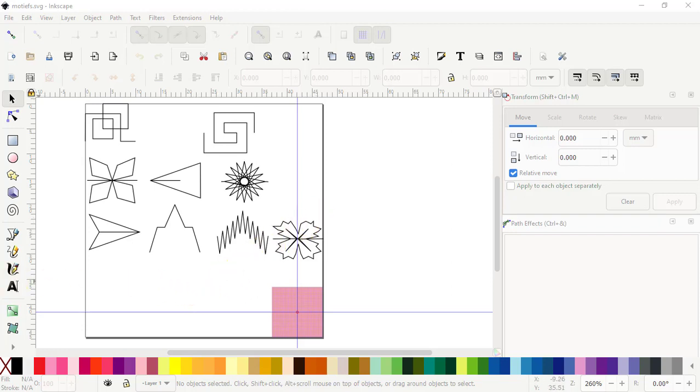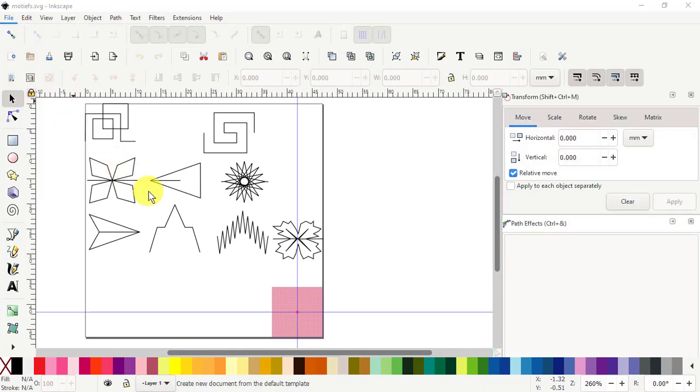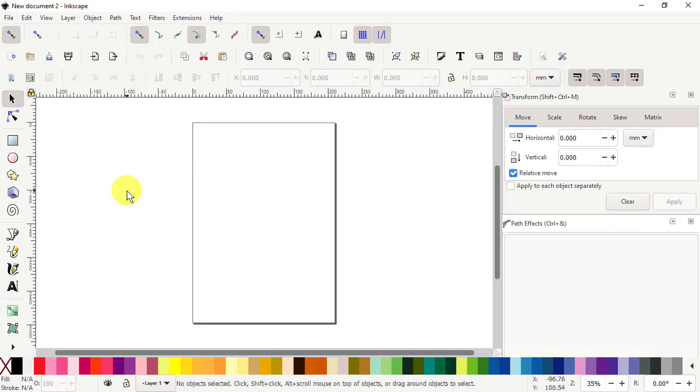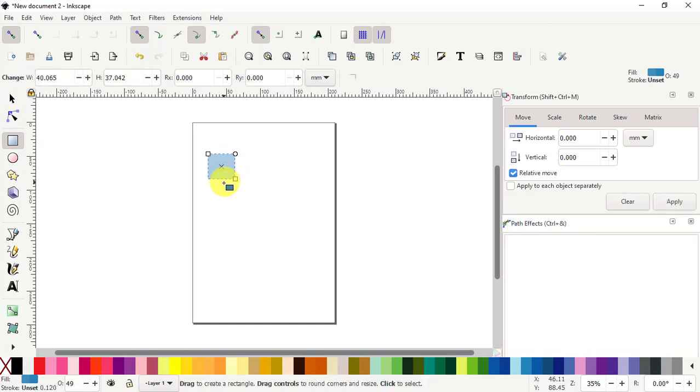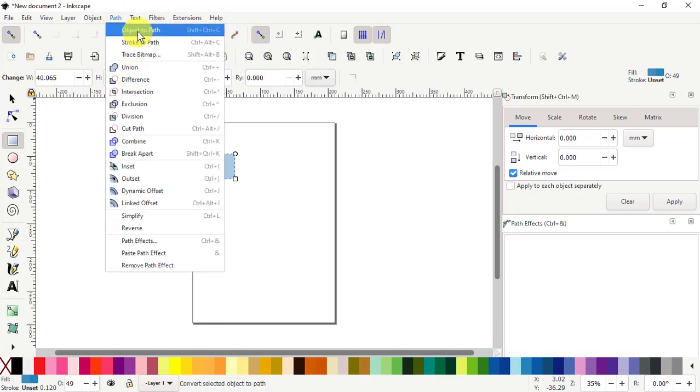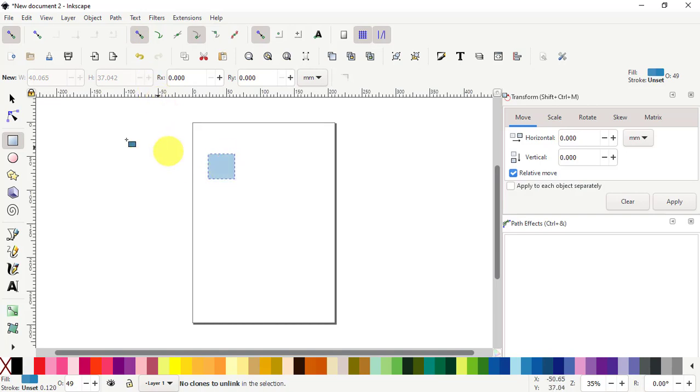Okay, here's a video on how you can create a lot of motifs to your own liking and put them along a path. So for that I'm going to create a new one here for a moment. And how I did it is I first made a little rectangle and then went Path, Object to Path, and